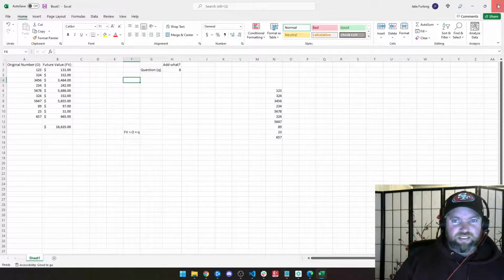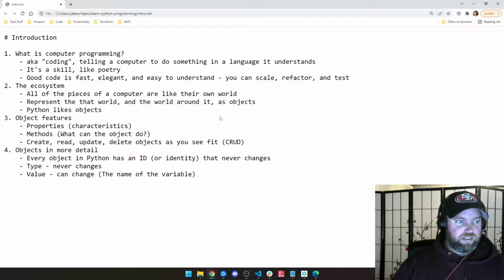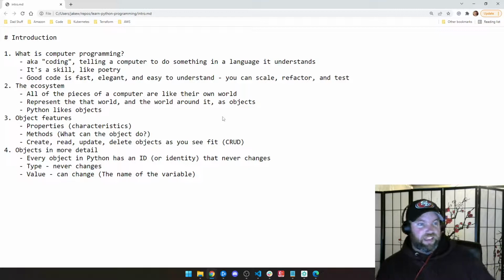So, anyways, that's kind of how I would take this concept that sounds complicated, and just think about it in terms of something you understand. I used Excel for an example,